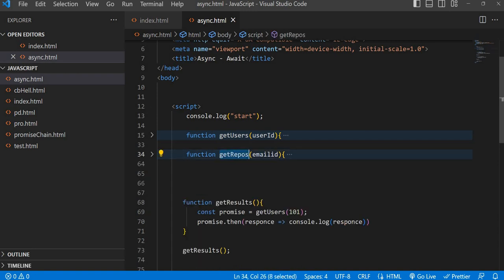Because if you want to get repositories, you need email ID. If you want email ID, first you should call the get users, and this get user is going to return user details, and you can fetch that user email ID from that user details. That means this task 2 is dependent on task 1, right? So now what you need to do,